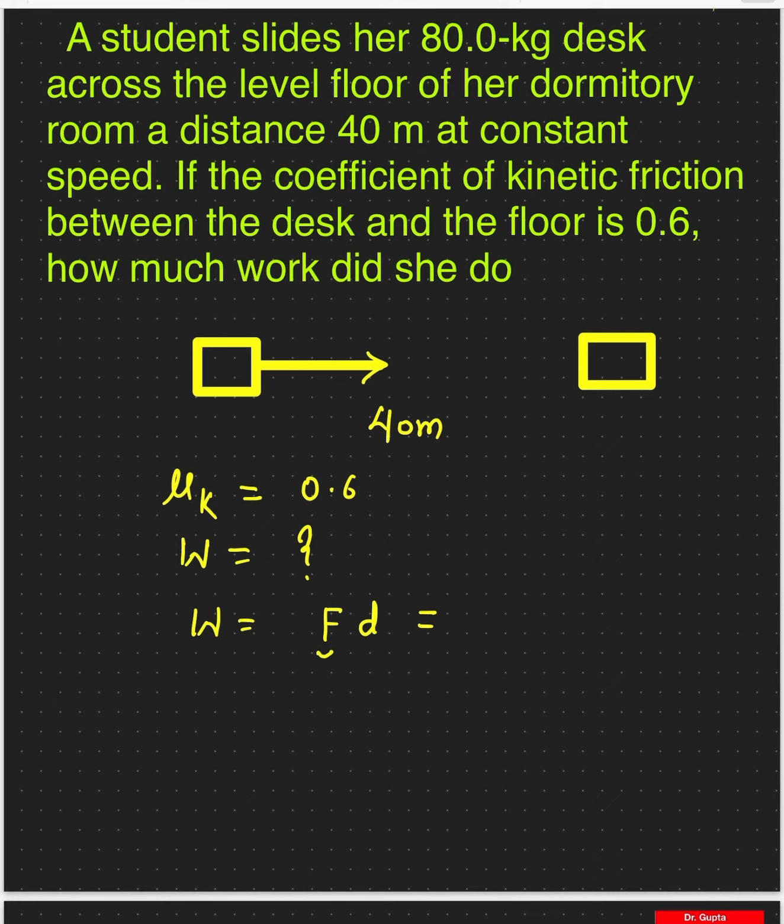So this force is the friction force, that's the only force acting. Which is given by mu times the normal force, times the distance. Mu, the normal force, is equal to m times g, times the distance. And from this one you should be able to find out the work. Okay,